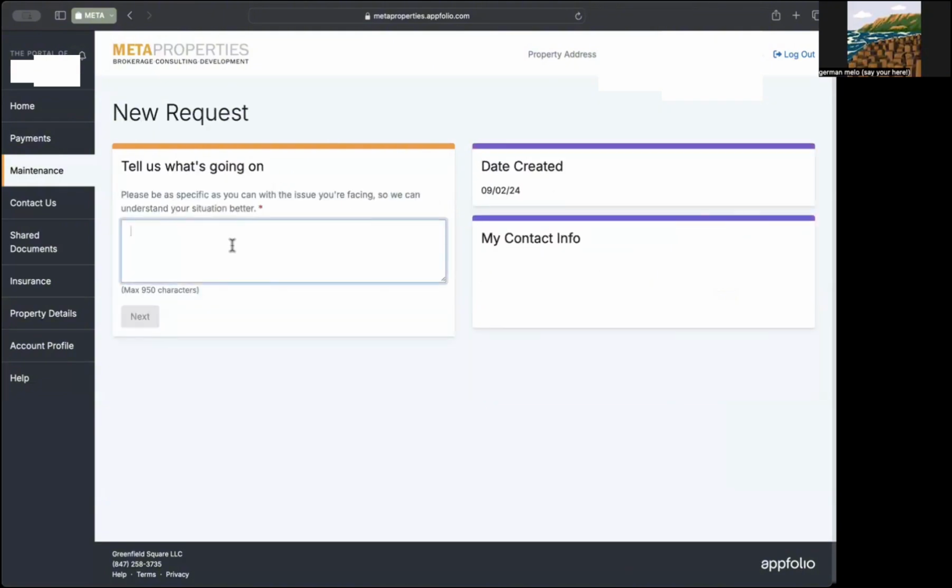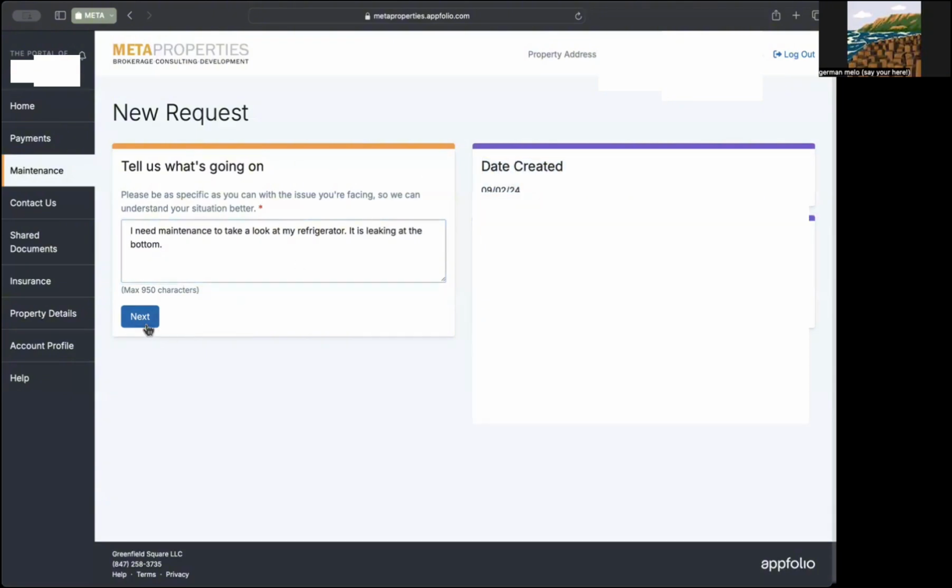And then here you will talk about what's going on with your apartment. Now, there could be many things happening in your unit. Something's broken, something's leaking, something doesn't look right. Whatever you think needs to be addressed by our maintenance team, just write it right here. So I'm going to write, for example, I need maintenance to take a look at my refrigerator. It is leaking at the bottom. And now, right here, it will show the date that you are submitting this work order and your contact information. Now you click on next,